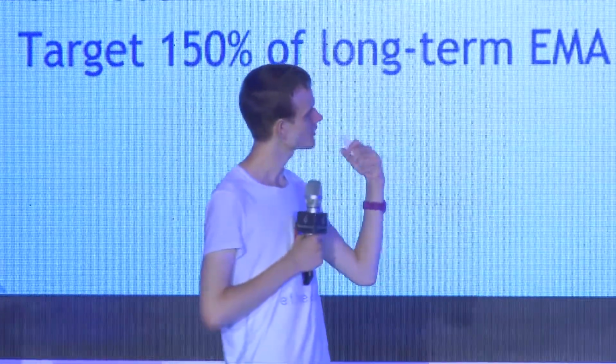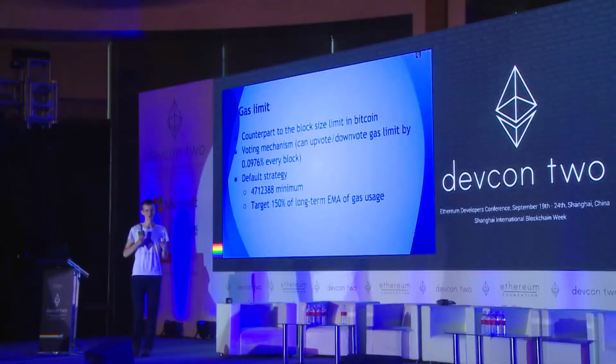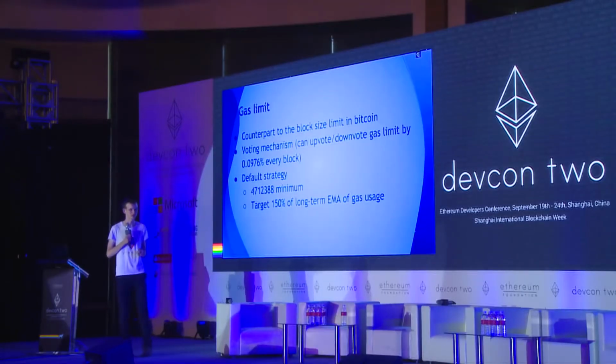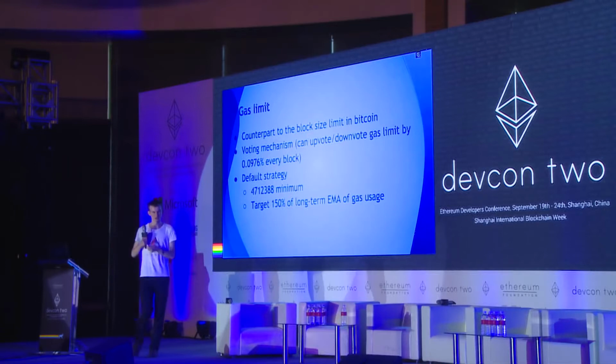And the rules of protocol economics say that if you want your transaction to be included, you have to pay for it. So if you want to send a transaction to the Ethereum public chain, you have to pay for each unit of gas. If you are doing some kind of Ethereum-based private network, you do not need to have Ether. So just one important thing that lots of people get wrong that would be good for people to remember. So gas limit, the equivalent of the block size limit in Bitcoin is the gas limit in Ethereum, 4.7 million gas per block. Now gas isn't just about counting computational steps.